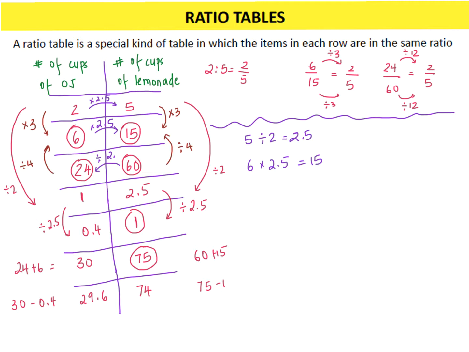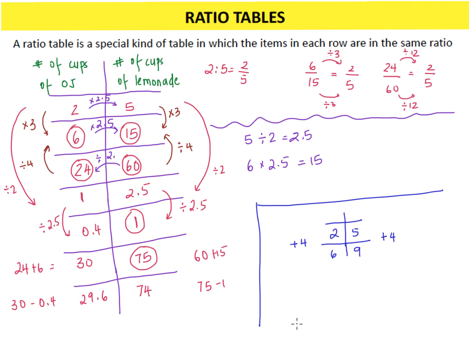Now we have gone over a bunch of rules. Here is one thing that you are absolutely not allowed to do in a ratio table. Let's put it in a separate section. Let me quickly make a ratio table. I have 2 and 5. What if I added the same number on both sides? You see, I'm allowed to multiply by the same number on both sides. What if I just added 4 on both sides? So on this side I get 6, and on this side I get 9, and that seems kind of fine. Why shouldn't I be allowed to do that?